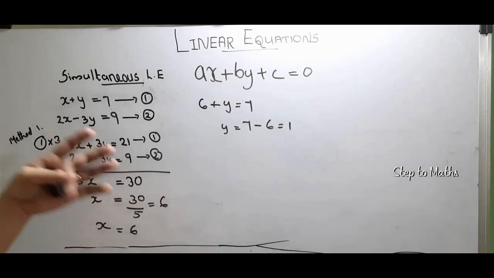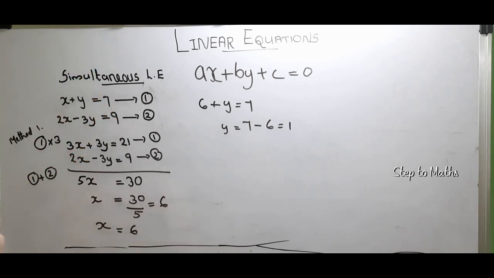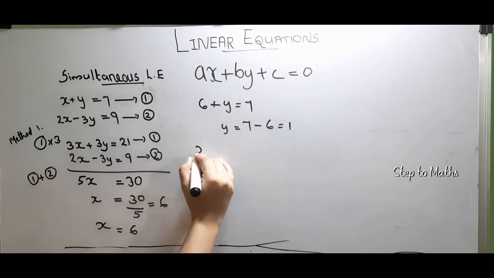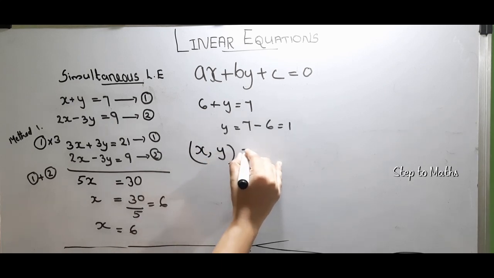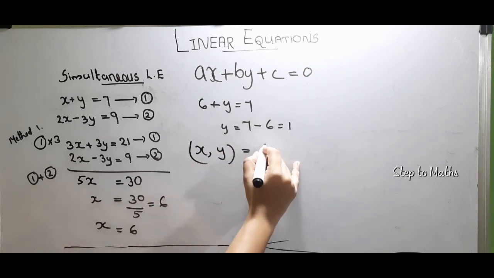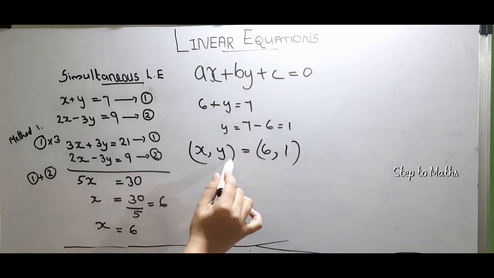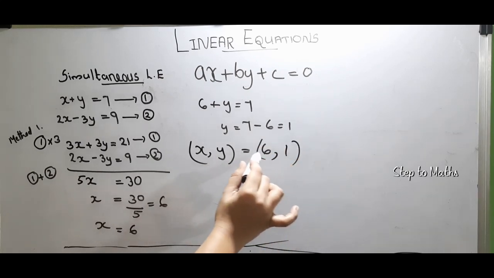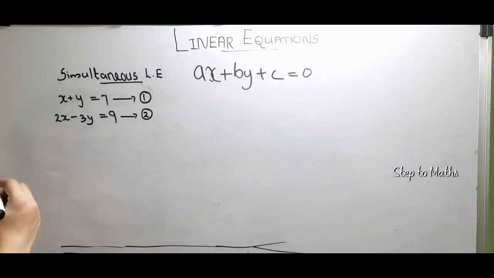Now how do we represent the solution of a linear equation? It is represented as an ordered pair, that is (x, y). The value of x is 6 and the value of y is 1. Now the solution is (x, y) = (6, 1). Now move to the